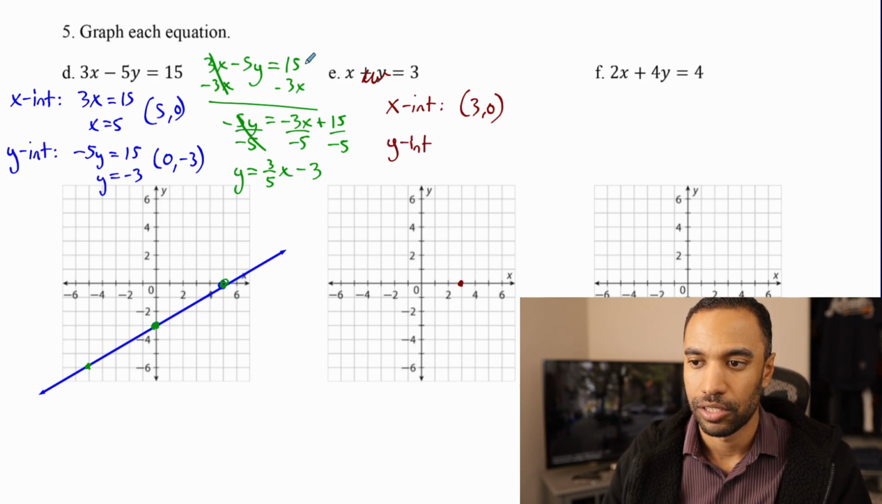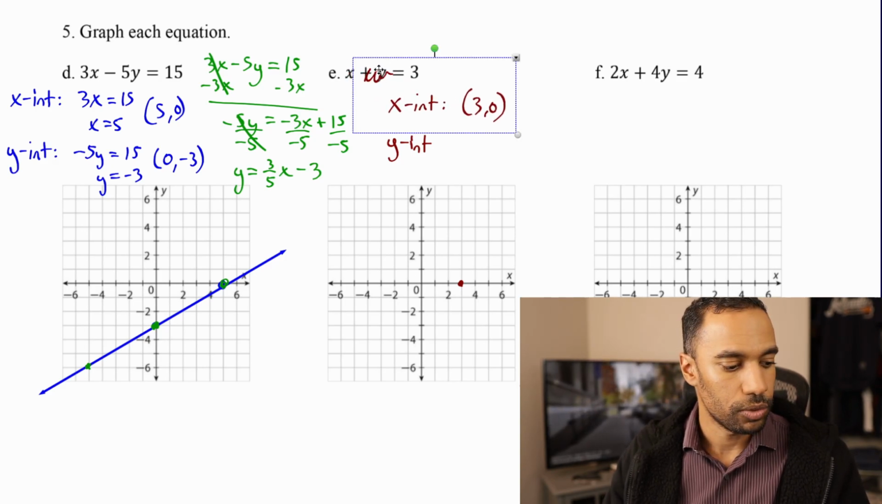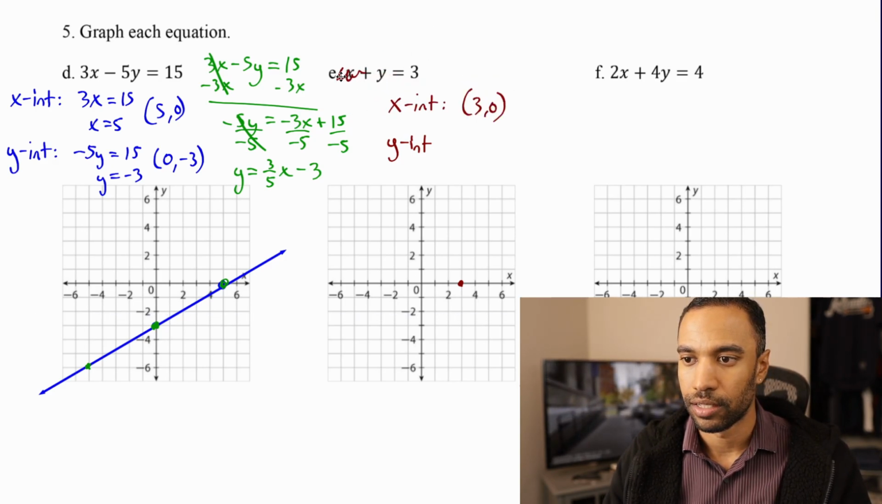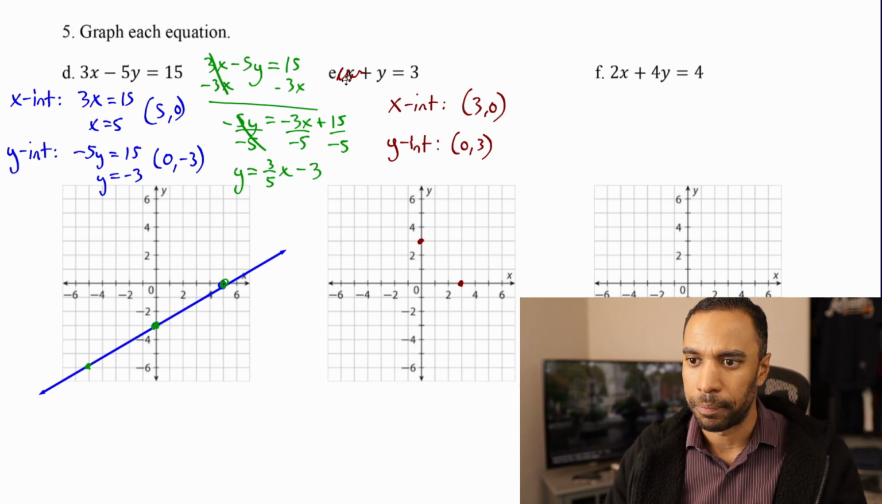Y-intercept, set x equal to 0. Whoopsie, I guess I can't do that. Set x equal to 0, y equals 3. Just like that. So now you have (0, 3). It's that point there. You know what's interesting about standard form, and I have trouble with this a lot, is